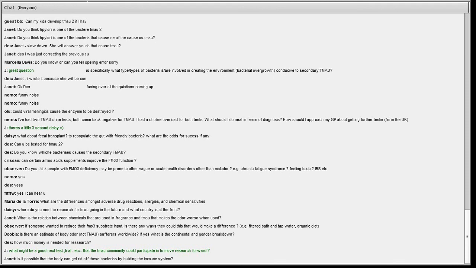Sorry, Observer is wondering if someone wanted to reduce their FMO3 substrate input, are there any ways they could do this that would make a difference? For example,